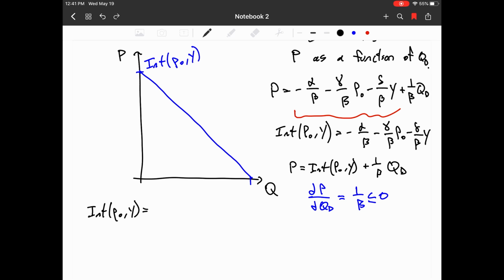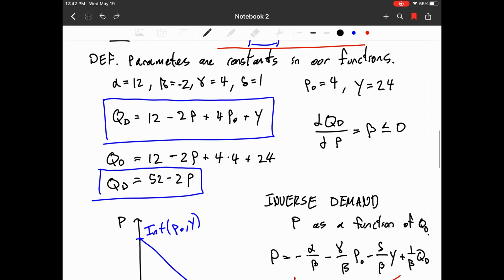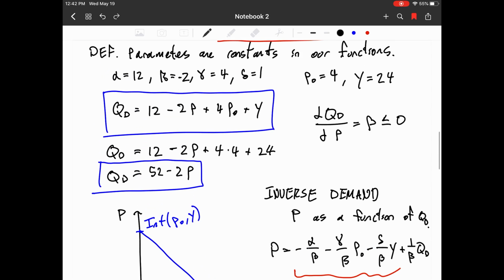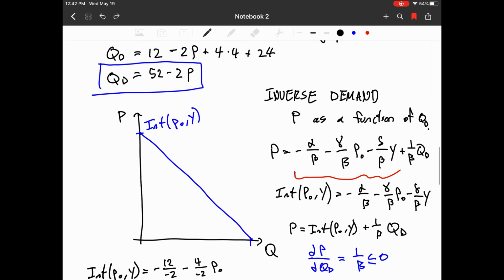So we have negative alpha, which is 12, over negative 2, minus gamma, which is 4, over negative 2, times P0. But we're given P0, so we'll go ahead and plug this in,